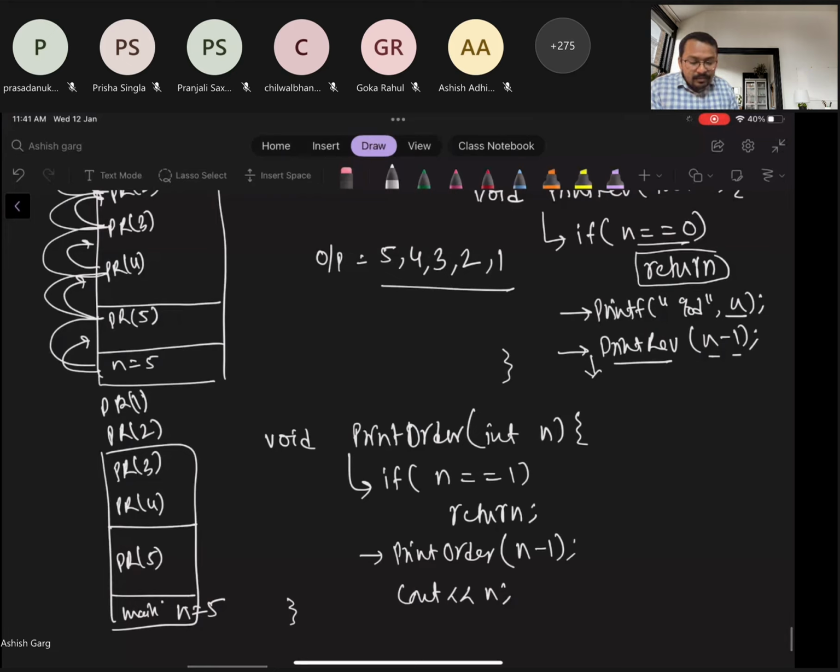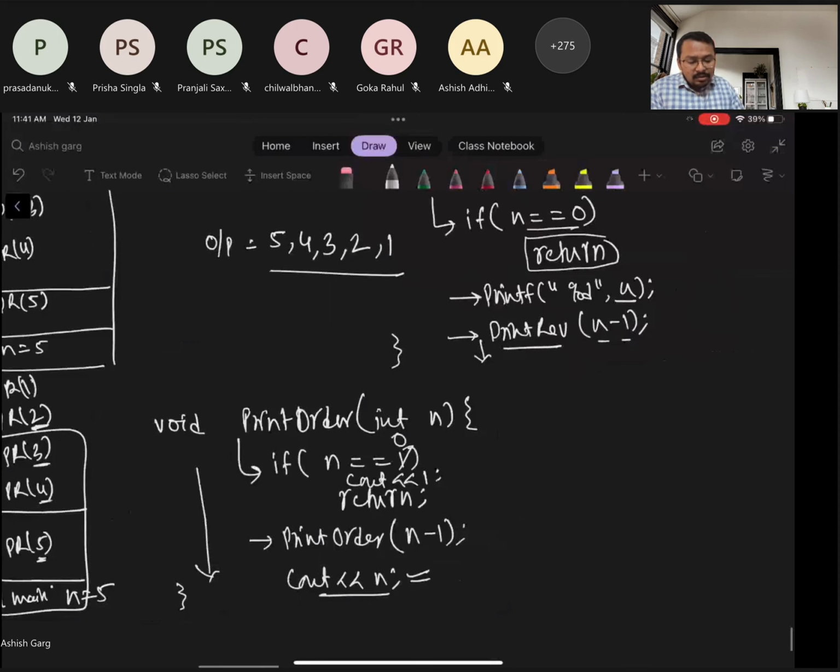When pr of 1 is called, it will return. So when it returns, it will print 2, starting with 2. So before returning, we can write cout of 1, or we can initialize it with 0, then in that case it will run, because after that the value of n is 2 3 4, so in the order 1 2 3 4 we can print.